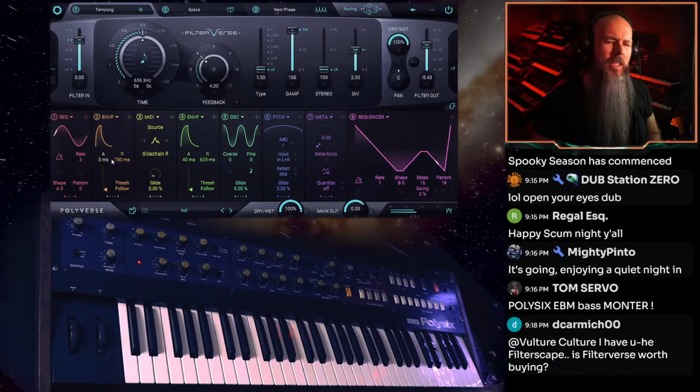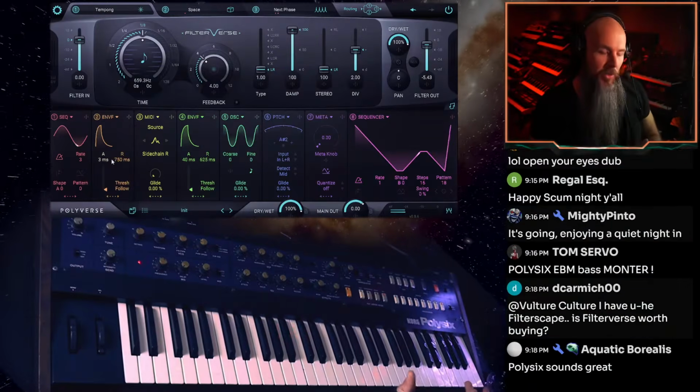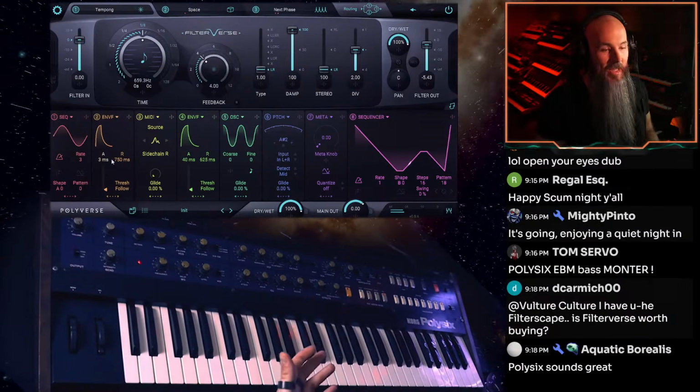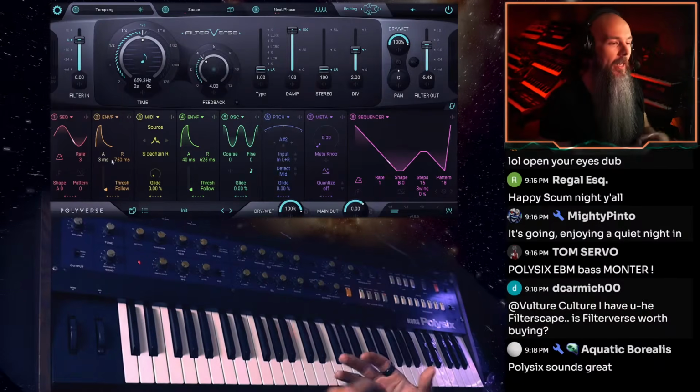DeCarmick, I can't really decide that for you, only because I have no experience with UHE's Filterscape. But what I can say is that Filterverse is awesome, and my new favorite plugin. I use it